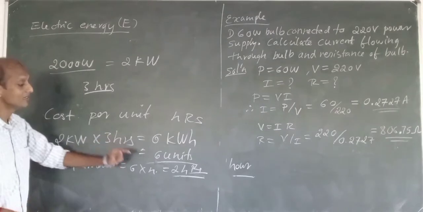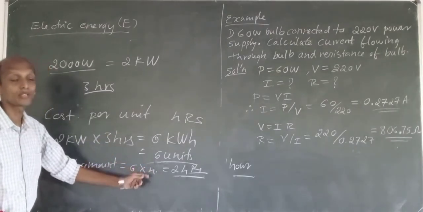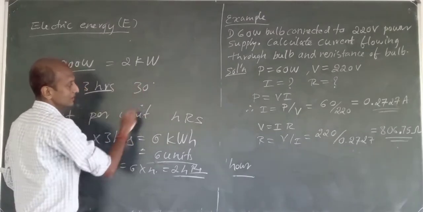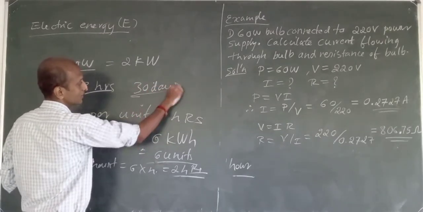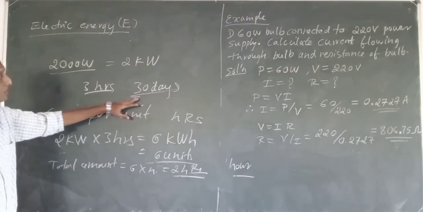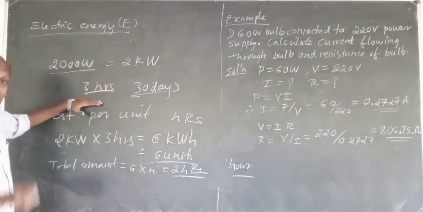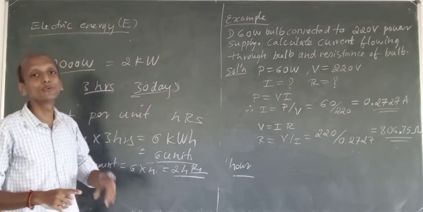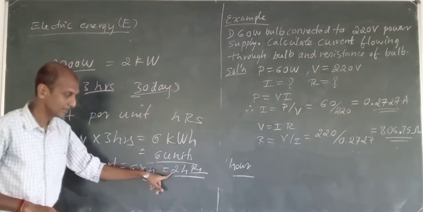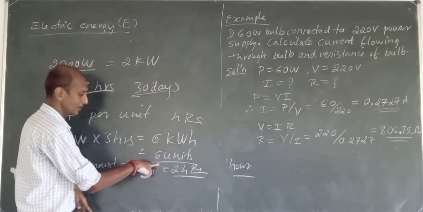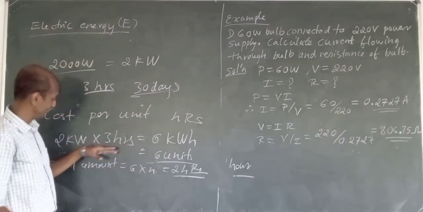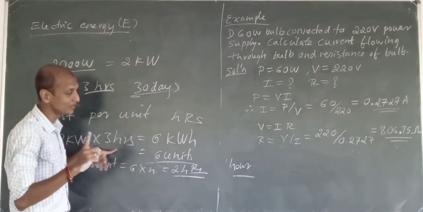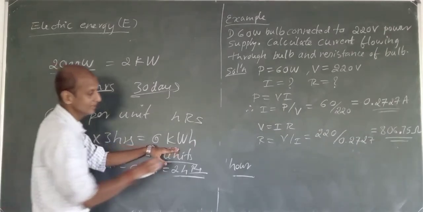Okay, fine. Now I have to calculate if this happens for 30 days. This appliance will be operated for 3 hours each day for 30 days, so it will give you the 1 month bill. So 2 kilowatts for 3 hours means for 1 day it is 6 kilowatt hours, into 30 if